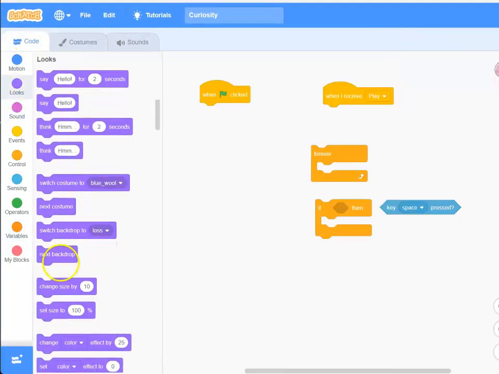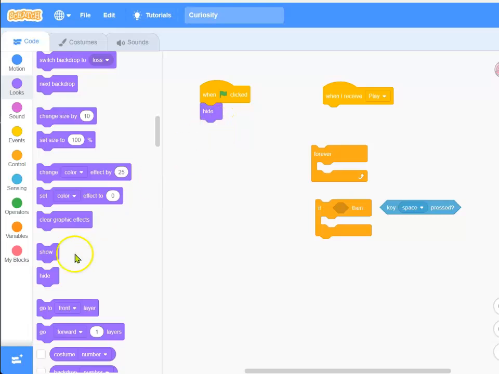Next, please go into the code area on your ball of wool. When the green flag is pushed, we actually want to hide this sprite, which means we will also bring out a show block for use in the near future. We need a when I receive play, a forever block, and an if block,